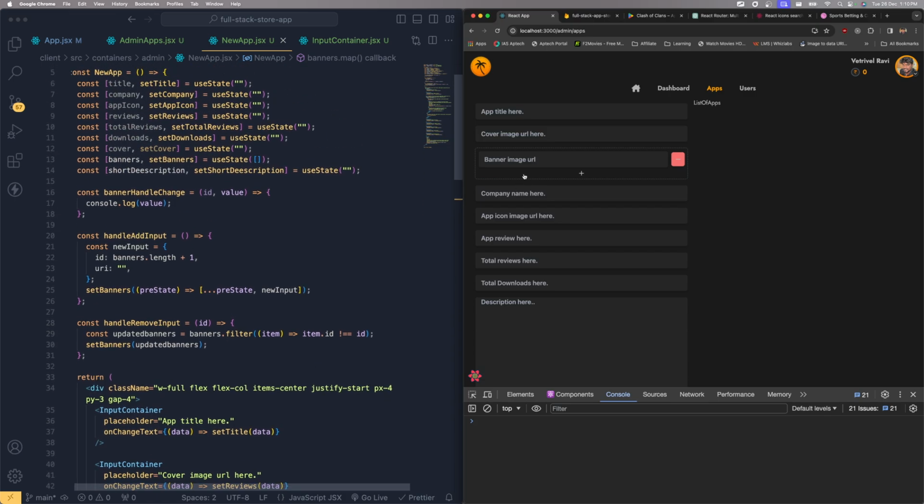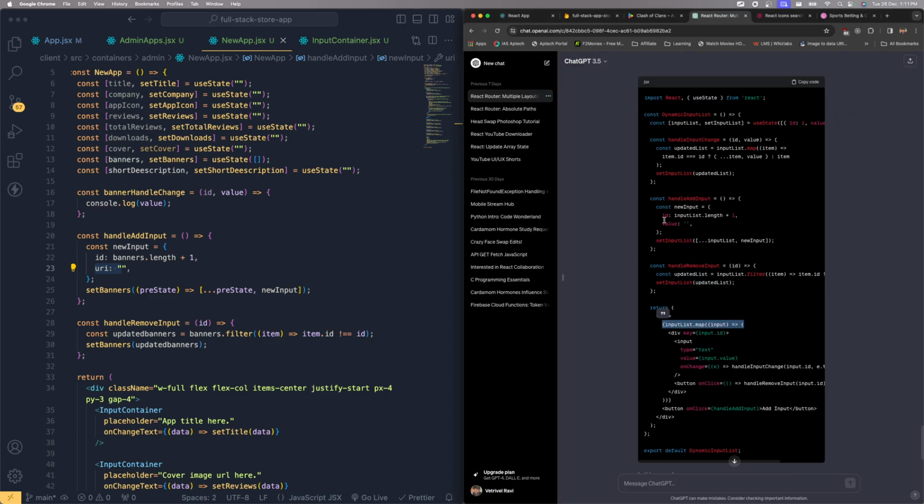And now every time I'm typing something, you can see we are getting the value, but here the value field is not getting updated. We need to figure out why exactly it is happening, right? The reason is that we are not updating that value to this particular field. That's the reason we are not getting anything over here, but still we are getting the value over there. So what we have to do is